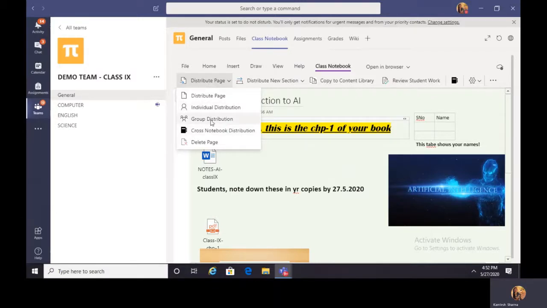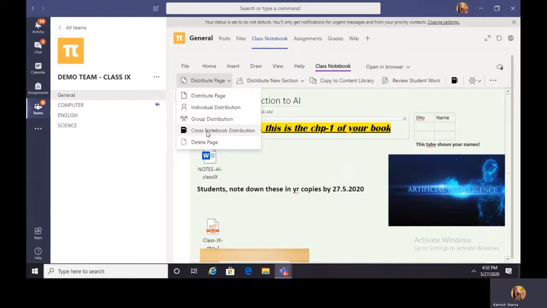Number 3, group distribution. Here you can create a group of students in your class and distribute the page among that particular group only.